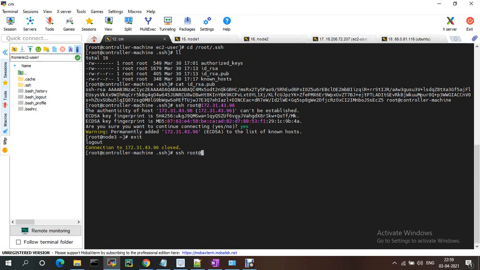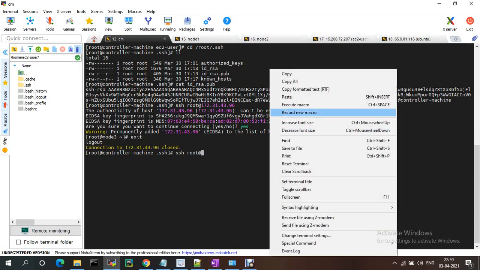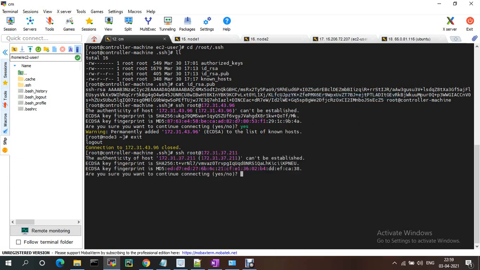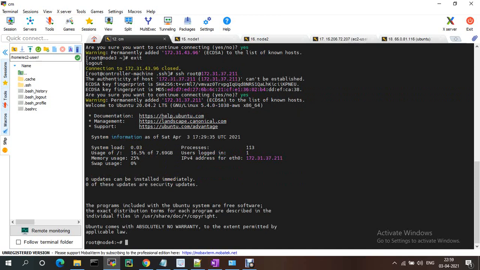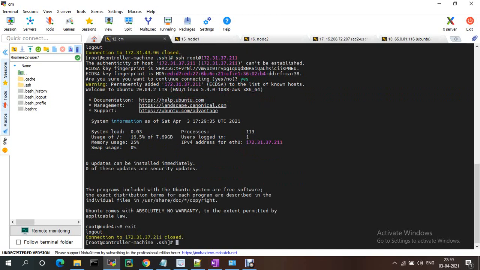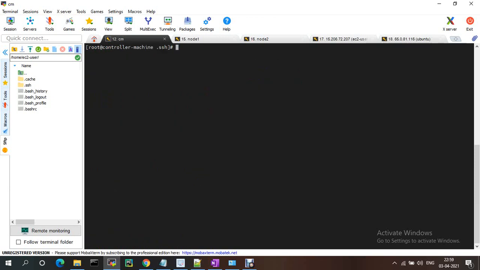It doesn't ask any password. Okay, this is node 4. See, currently I am in node 4. Okay, from the master I am able to execute on all the others.